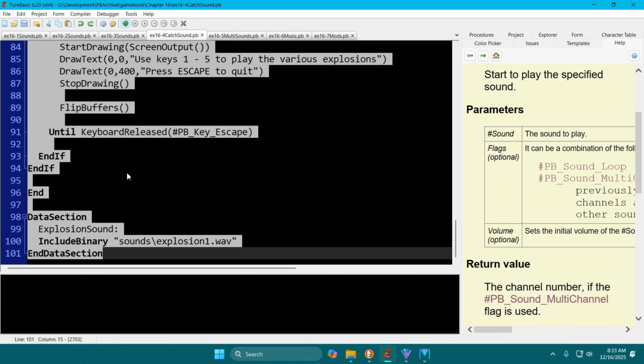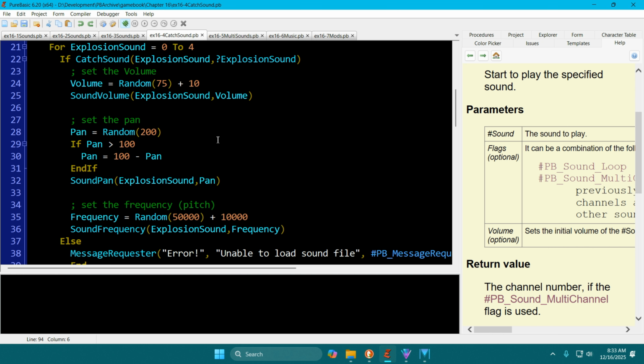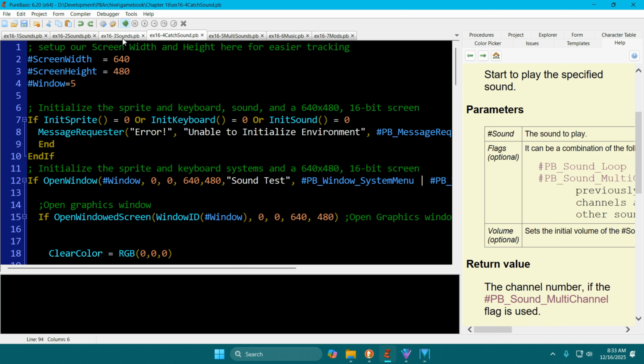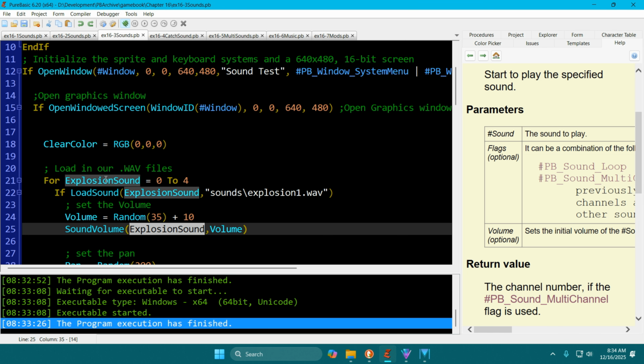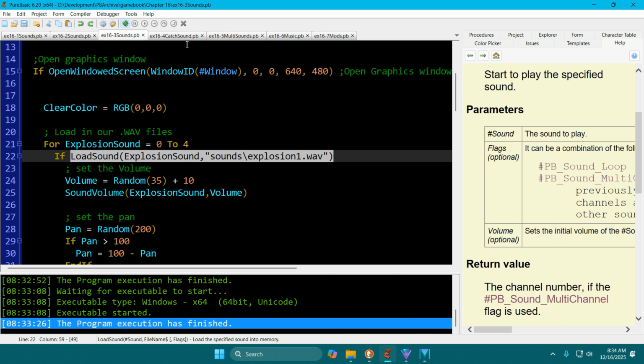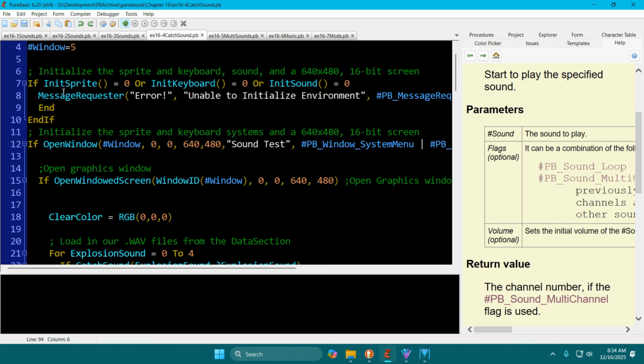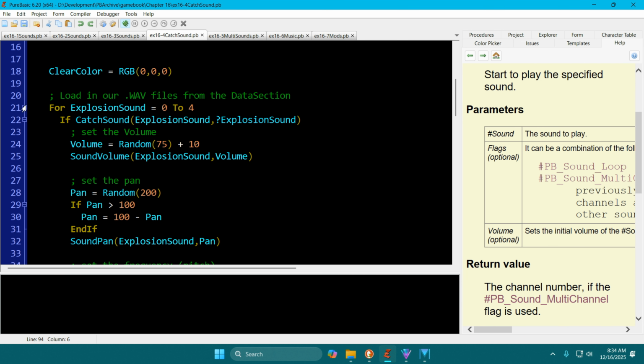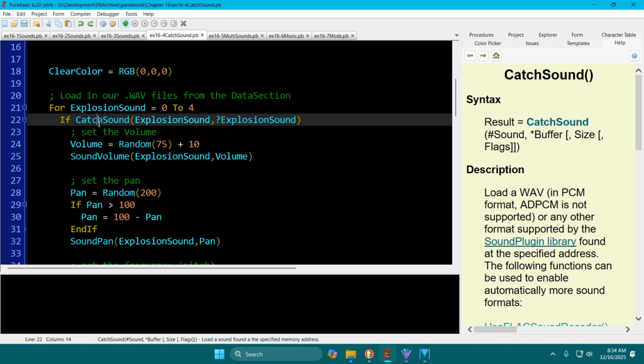So catch sound. Now, instead of doing our load sound this way, load sound here, what we're going to do is put it into memory. So what we're doing is defining a catch sound. Let's go jump to catch sound. So you have the sound ID, the alias, and then a buffer. Okay. Now, whenever you see a question mark name,